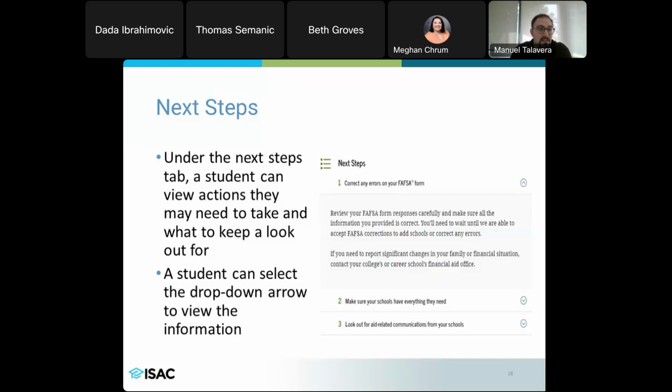So it's going to be based off that institution, especially if the student's been selected for verification or the student is seeking professional judgment. They could still be shopping around for a financial aid package that better suits their needs, and they're just waiting to hear back from certain institutions. So students are just waiting and seeing. But a student can always select the drop-down arrow to view all that information.